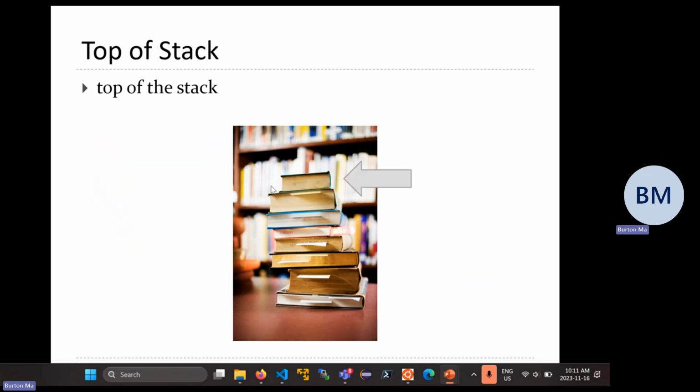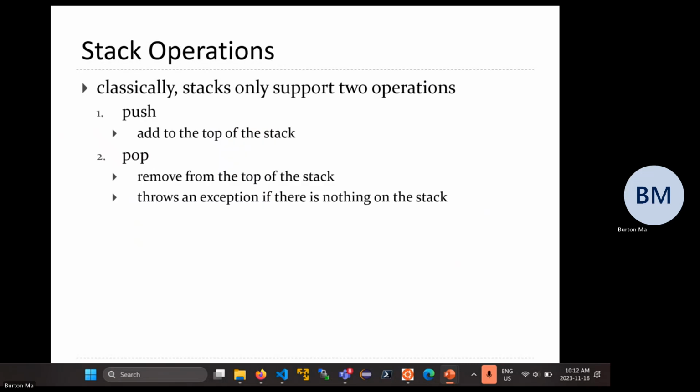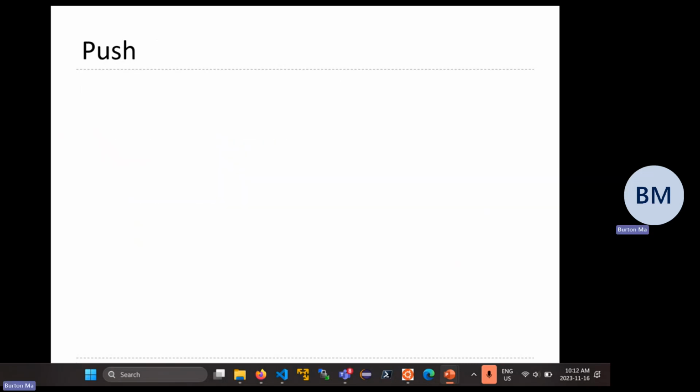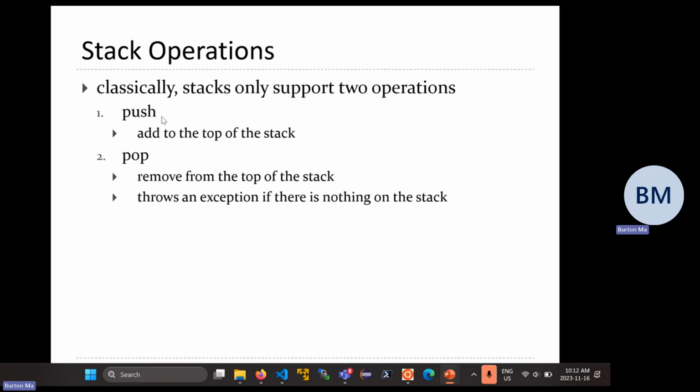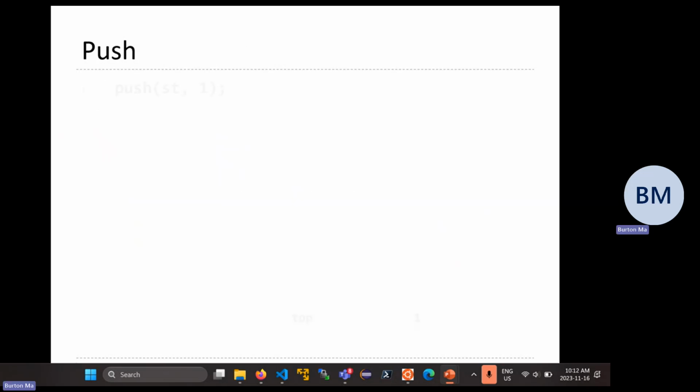Right? In a stack, classically, you can only do something with the top of the stack, right? So you've got access to that element there, and that's all that you have. If you want to add something to a stack, you push onto the stack, right? To get something out of the stack, you pop, right? And that affects the top element, right? So pushing onto a stack,